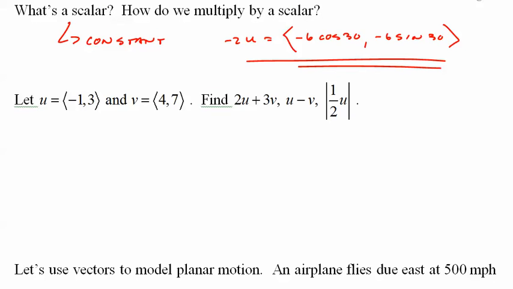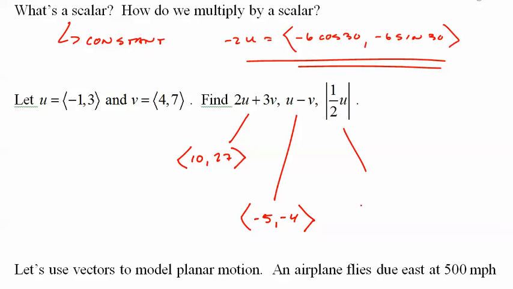And again, you just add them and subtract them. I'm not really going to do any work here. I believe 2u plus 3v will get me 10, 27. I believe u minus v will get me -5, -4. Notice I am drawing vectors. I believe half of the magnitude, I do the whole a squared plus b squared equals c squared, and then take half of that, would be